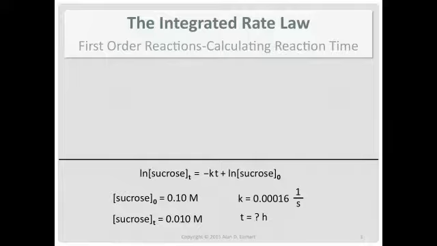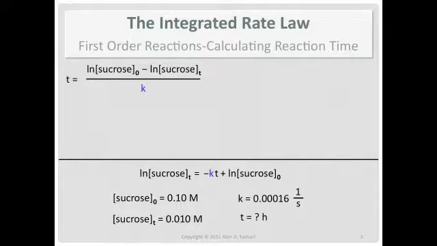All right, make some room. We need to rearrange that mathematical formula for time. All right, so it's minus kt. So we'll move that to the left side. So we get time on the left. We still have the natural log of the initial concentration on the right. We subtract the natural log of the final concentration from both sides, so that's why it's minus that. And then we have to divide by k.